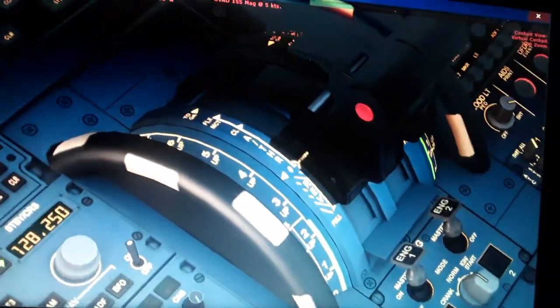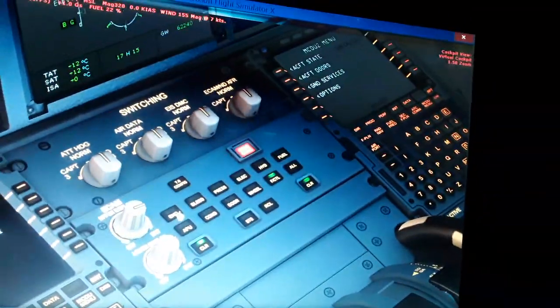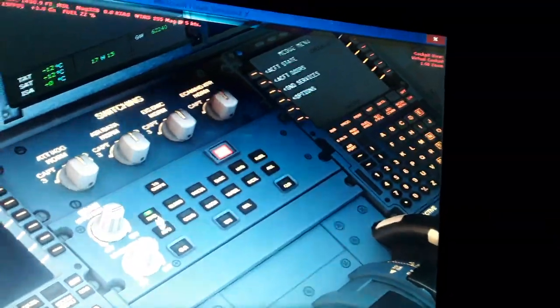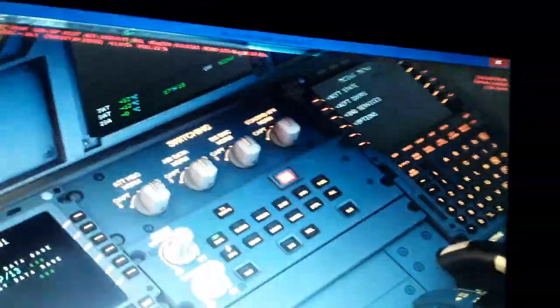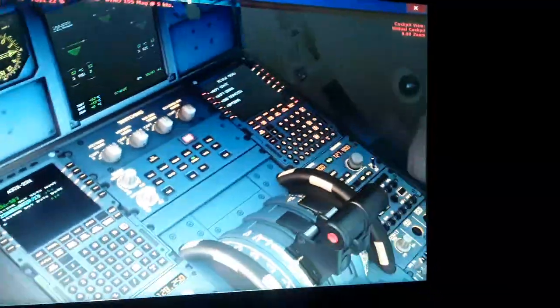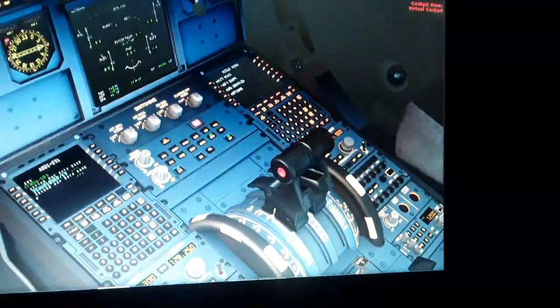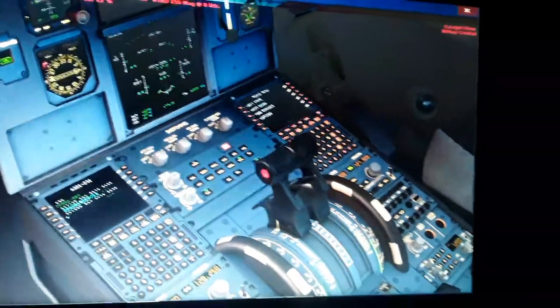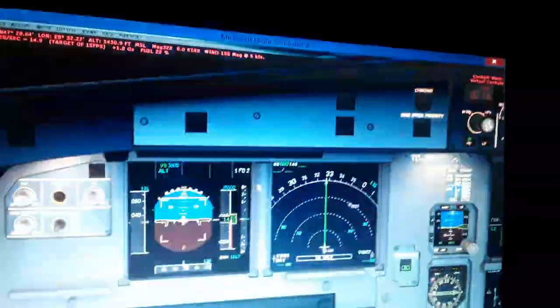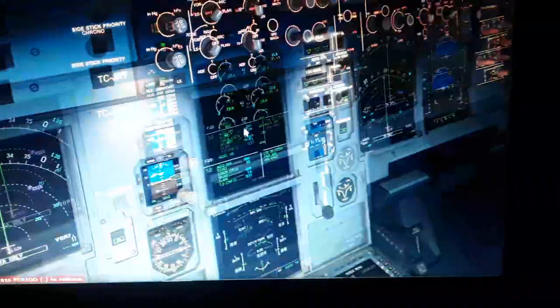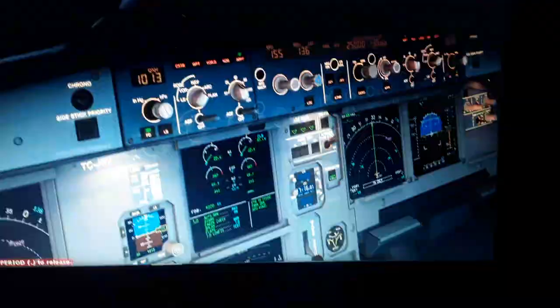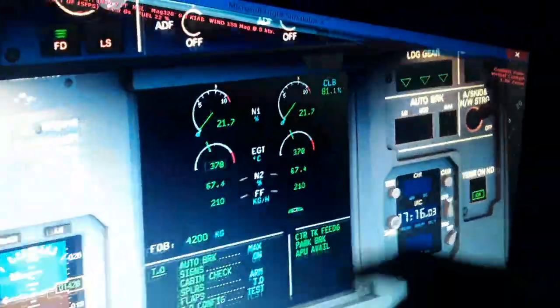You can see the trim wheel, gives us the pitch attitude. We have the climb. I'm gonna show you now some of the thrust of the engine. Clear on the engine here. You can see the climb continues, the maximum continues thrusting. So this is how you adjust the engines, and you will see the engines climb continues